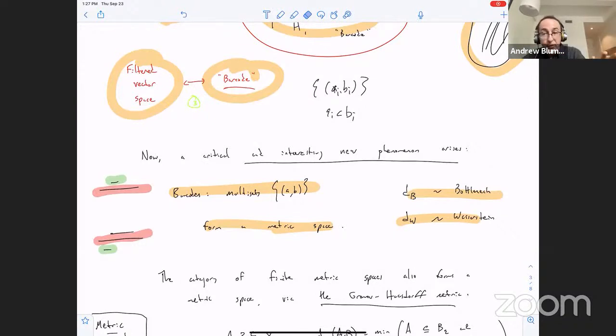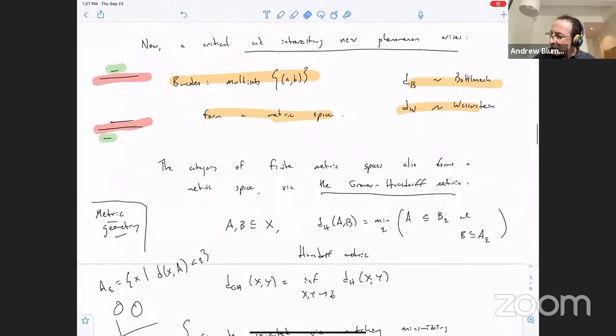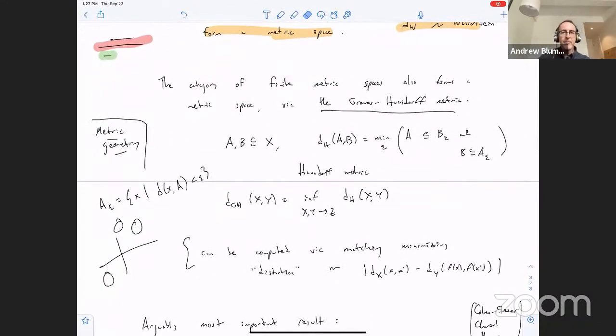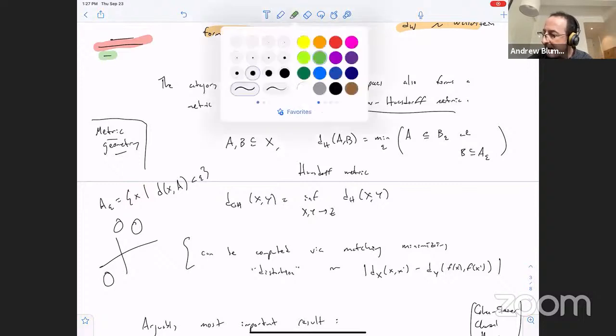And this is a metric. It's easy to check this is a metric. Since we can compute matchings, it's something you can try to compute. And so now the output lands in a metric space, and interestingly, the input can also be endowed with a very nice metric. So the category of finite metric spaces, or at least let's say the set of finite metric spaces for the time being,